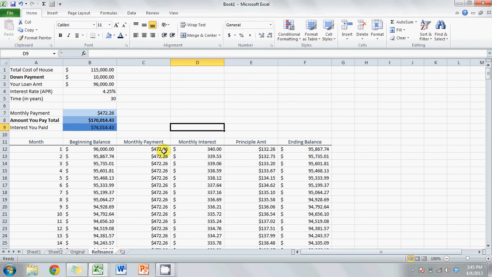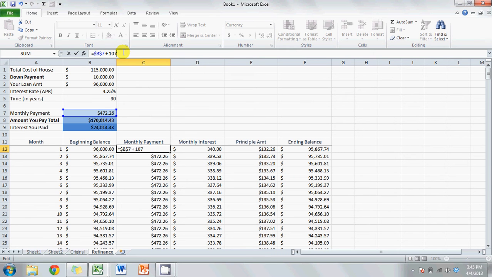and you're going to click on the first monthly payment, and you're actually going to add that $107 that you are now currently saving in monthly payment, and you're actually going to continue to pay that extra $107, but that extra $107 is now going straight towards your principal. Hit enter, click on the cell, double click, so it copies straight down, and so now we're still paying the same amount we were before, but now we should be able to get it paid off a little bit quicker